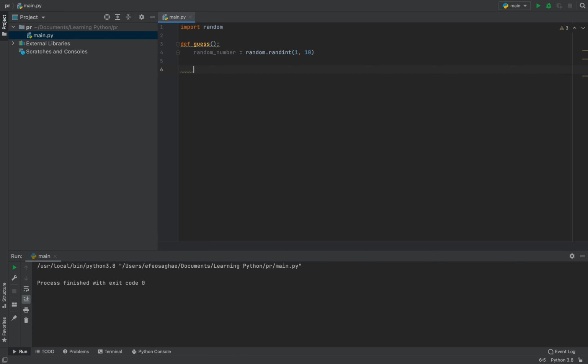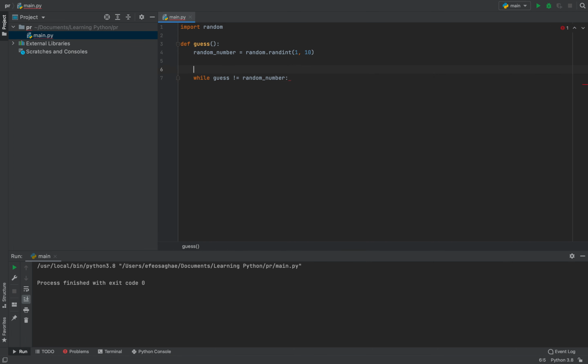Next, the second step, we need to guess our number. Once the computer has a random number and we input what our guess of the number is, then the computer will tell us whether it's too high, too low, or if we guessed the number correctly. We need to keep looping until we get the right answer. So for this, we're going to use a while loop. So while we need to stop this loop when our guess equals the random number. So while guess is not equal to random_number,